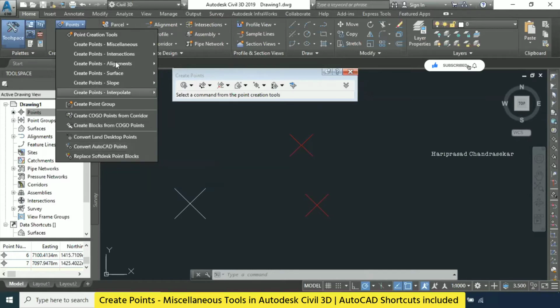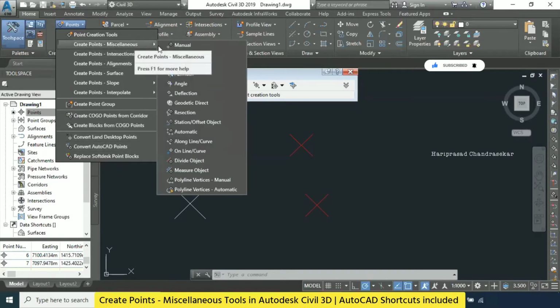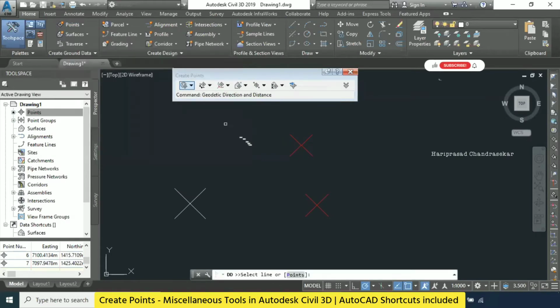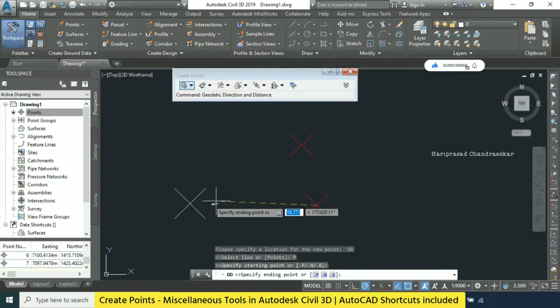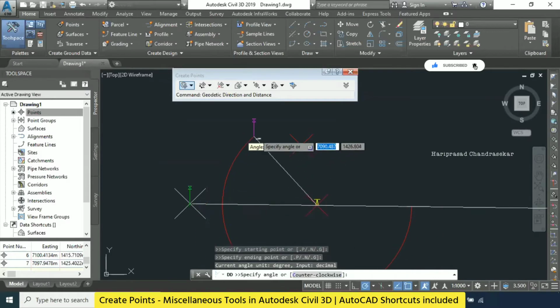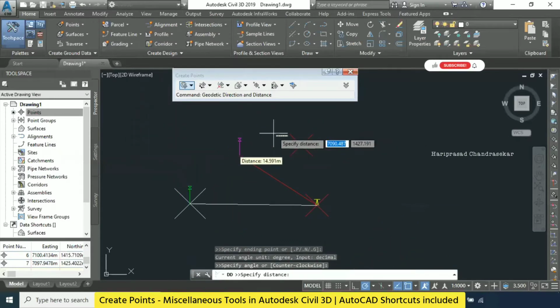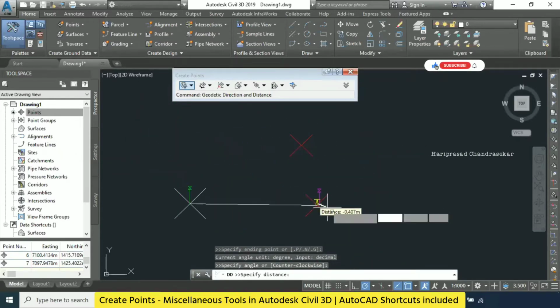For example, now I will tell you. Anyway, we are discussing this one. Okay, no problem, go ahead. Okay, so we have a deflection angle, and then a deflection. So I am selecting deflection. Again, it is asking for some line or points. I will select a point itself, so this and then this point. Okay, and it is asking for some angle, so I am just selecting this angle. Then the distance. See, you can specify the distance using the cursor.